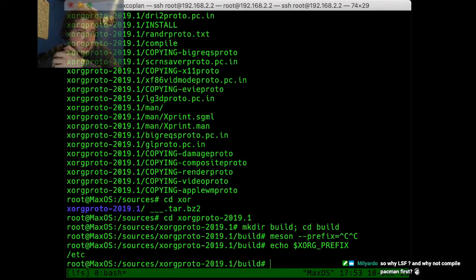So why Linux from scratch and why not compile Pacman first? Well, I love Linux and Unix in general. I've been using it for a really long time now, and what I love so much about Linux is how customizable it is, from your Bash RC to your desktop environment to your compiler, whatever. It's all under your control.